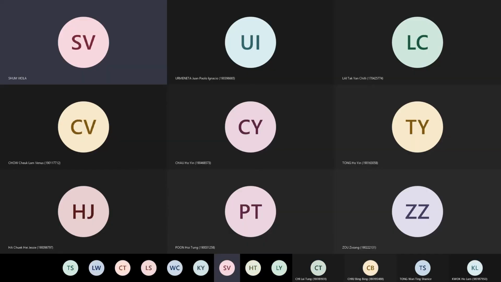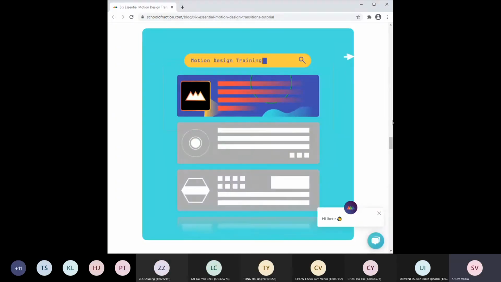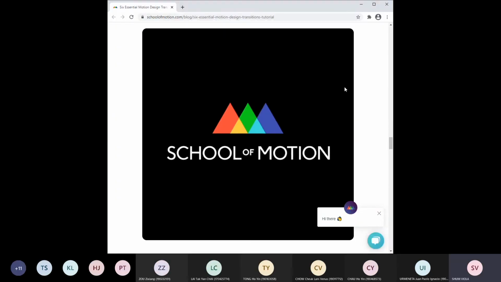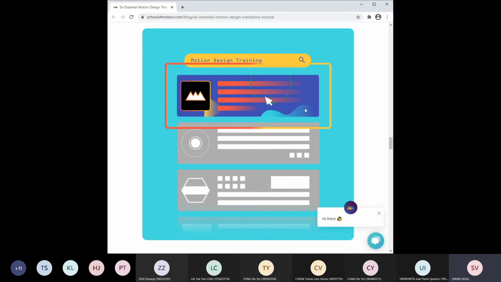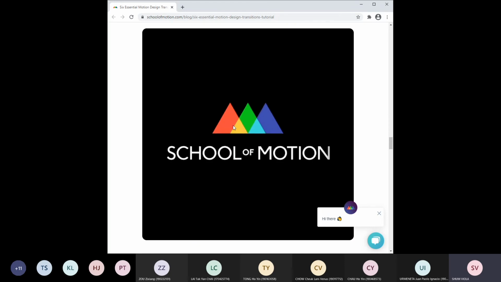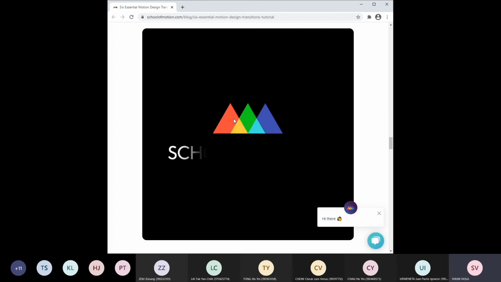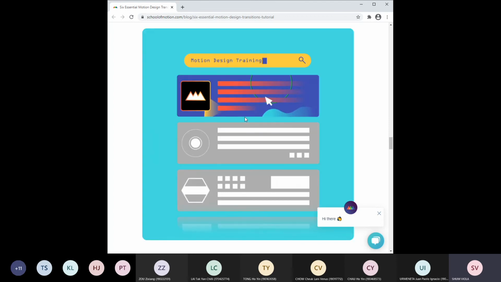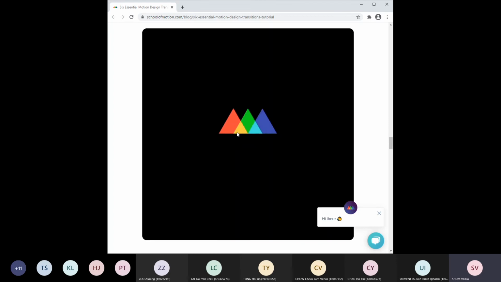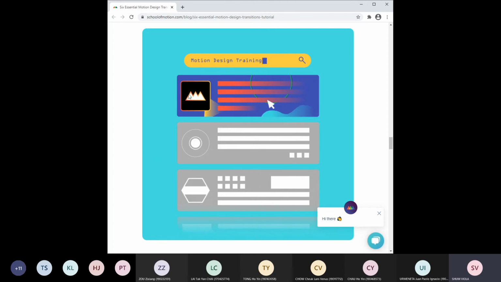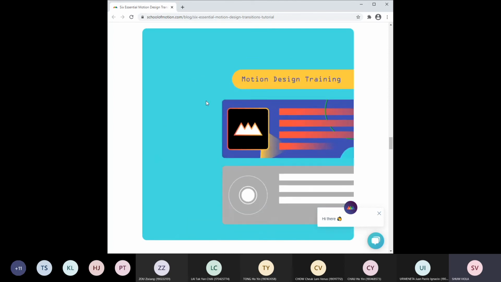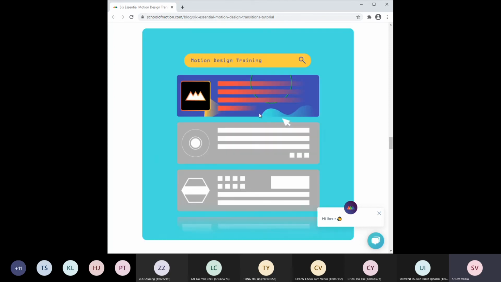It's very easy to understand what match cut means, which is that there are some common elements from the last shot, and then it jumps into the element itself. For example, in the first shot you will see the three triangles here, and then it zooms in.